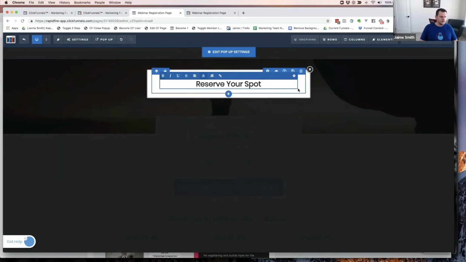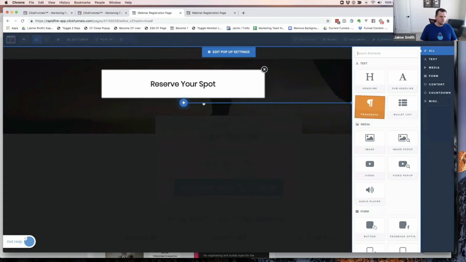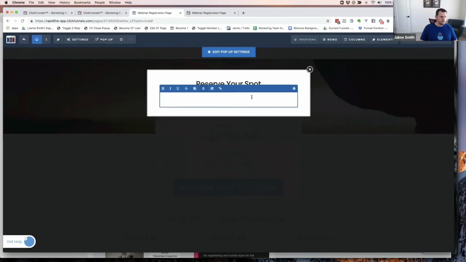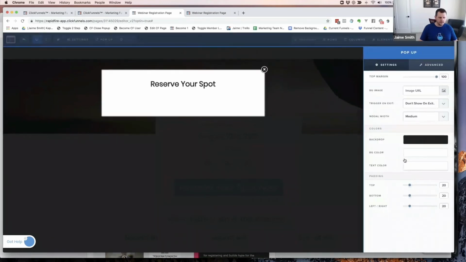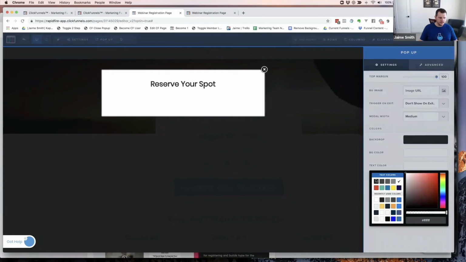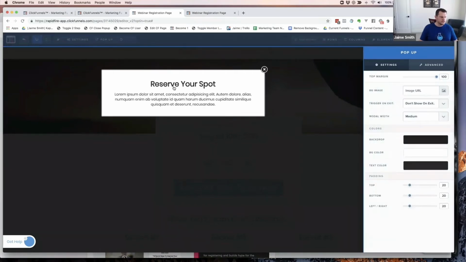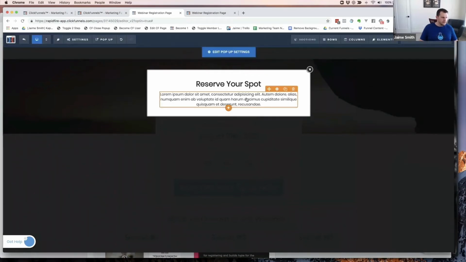And then we might have another little paragraph below that. I think the settings for this pop-up are probably set to have a text color of white. Yeah, text color of white. So let's set our text color to black here, or to this color. There we go. Now all the text we put in is going to take on that color by default. And so now let's put in here,